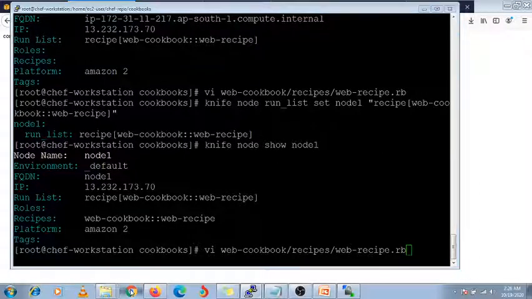I will try it from incognito, because some cache might be stored for these web pages. The same page is reflecting. I have already updated that page, but it is not reflecting on my current web page, so I need to use another browser. Here I am going to open Google Chrome. It will take some time to open.